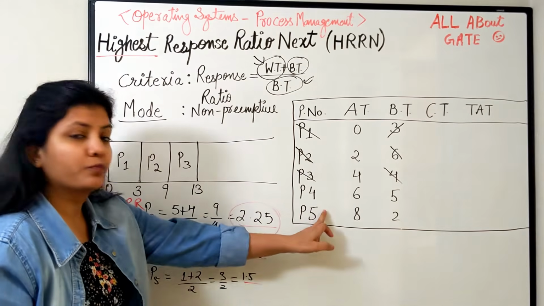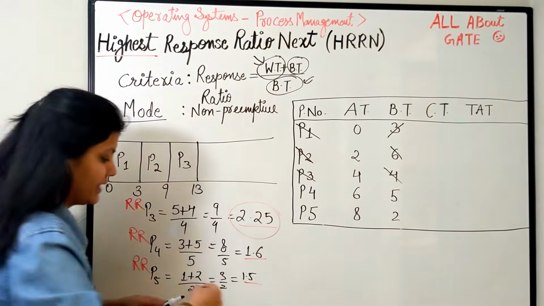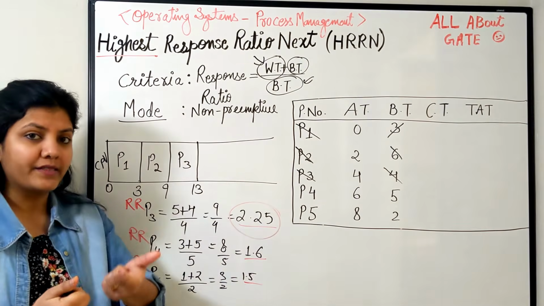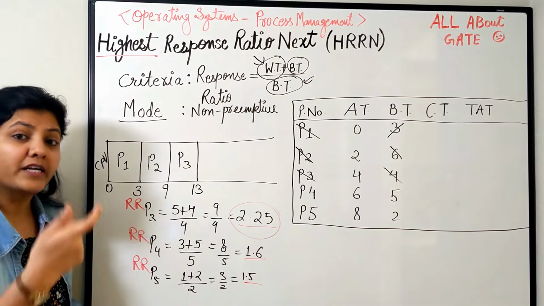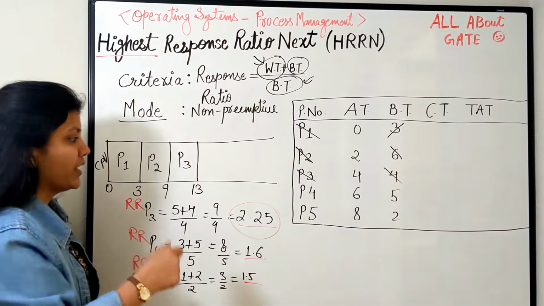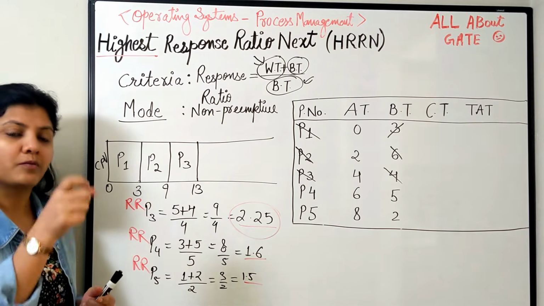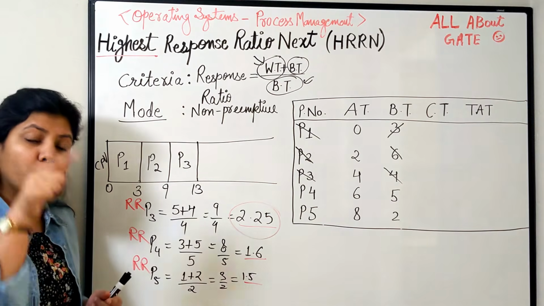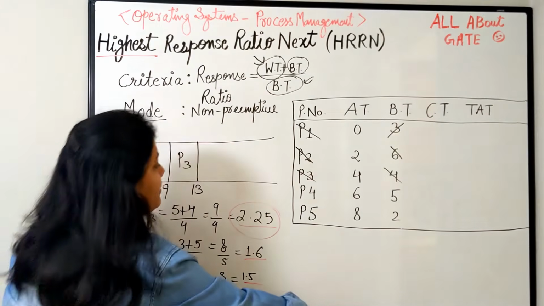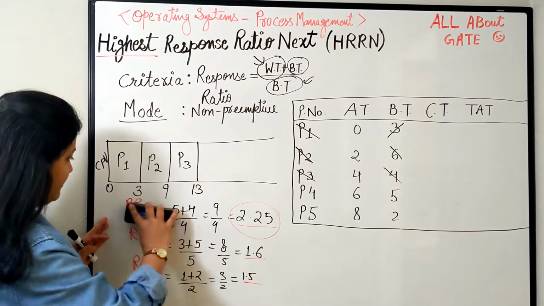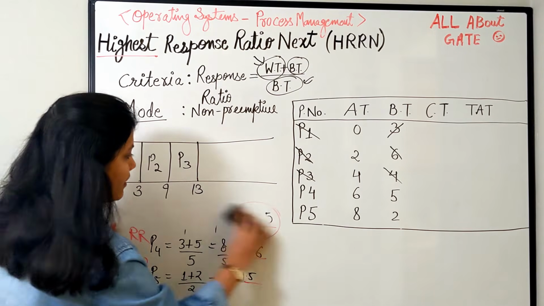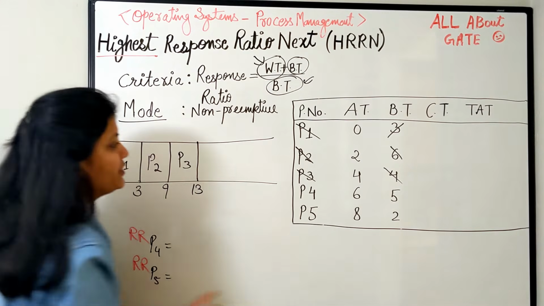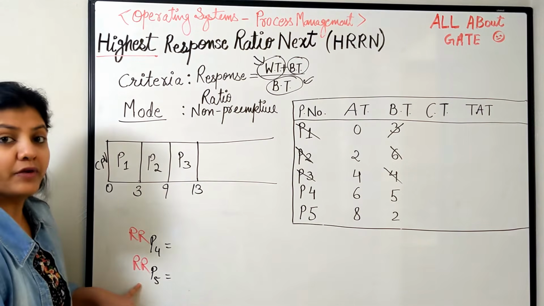Next, again we have two processes. Now everyone just listen carefully. So we have two more processes to be scheduled. Again we have to make a decision. Now this decision will be dependent upon the new response ratio. Every moment of time you have to make a decision about which process to be scheduled. We have to calculate the response ratio at that moment of time. So the earlier ones we just have to take off, and we have to find the new. Now we don't have P3, we just have to find out for P4 and P5.